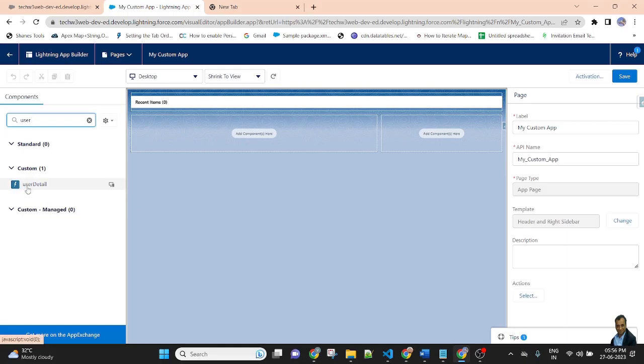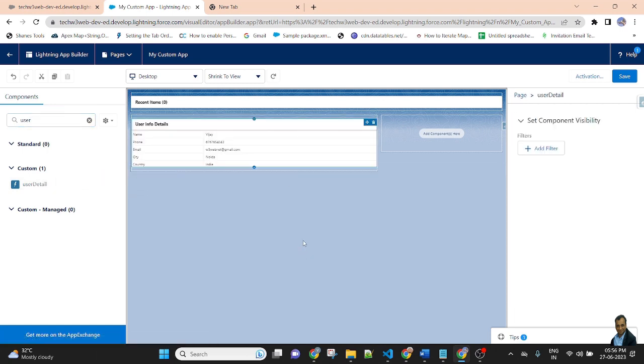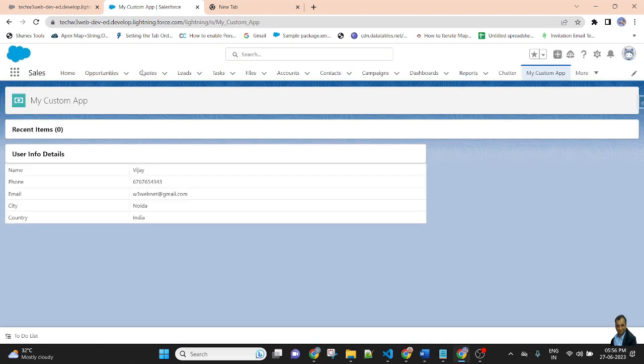This is my component, userDetail. Simply select it, drag and drop, and save the application. After saving successfully, go back. And here you can see user info details: name, phone, email, city, and country. All of the values are displayed inside the table.